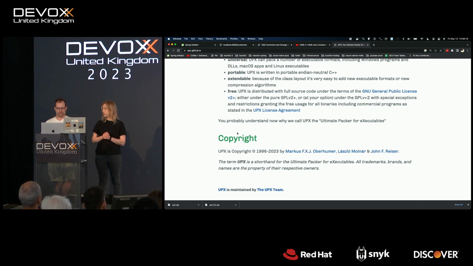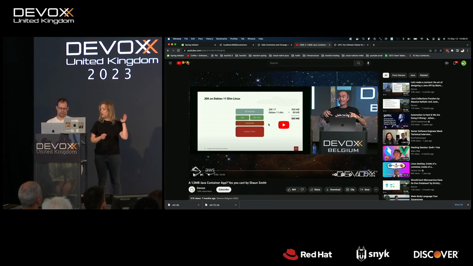It's pretty good. And there's this just amazing wonderful talk by my colleague Sean Smith, and there he shows how you can take a Java app to a container size as low as 5 megabytes. So if you want to check it out, go to YouTube, find it there. It's from that other DevOps. It's, you know, sure, it's fine.